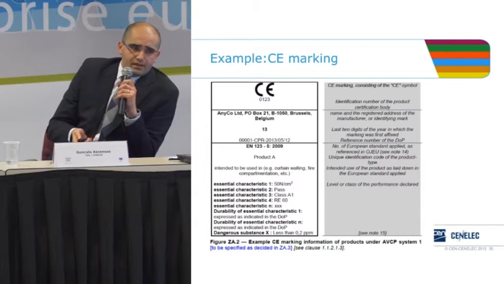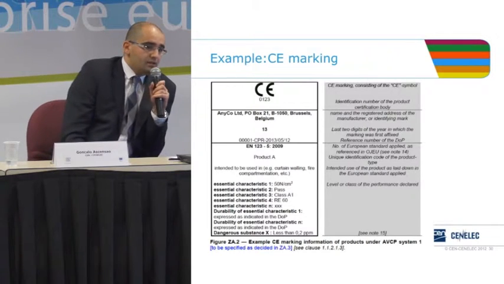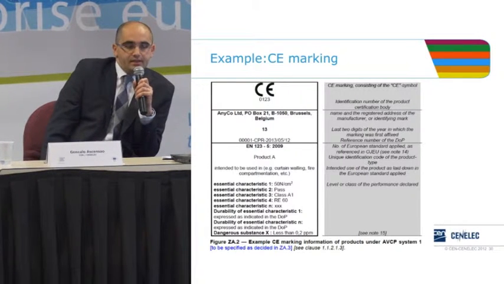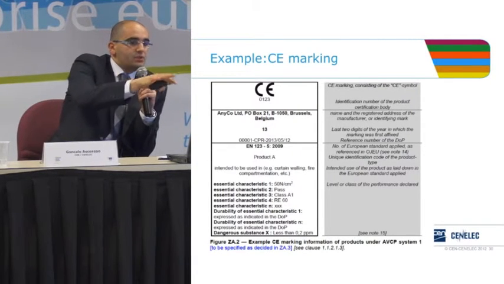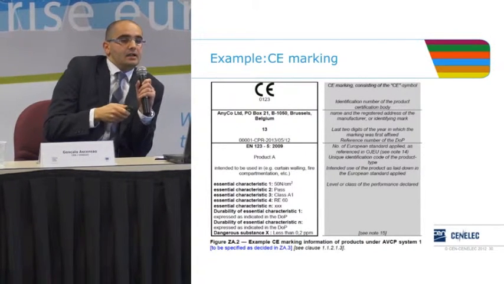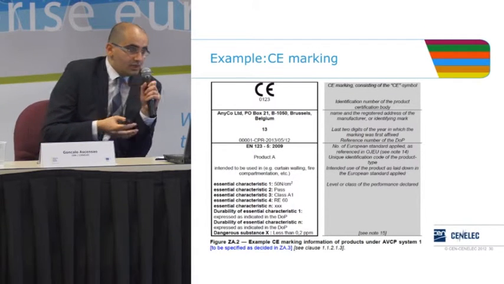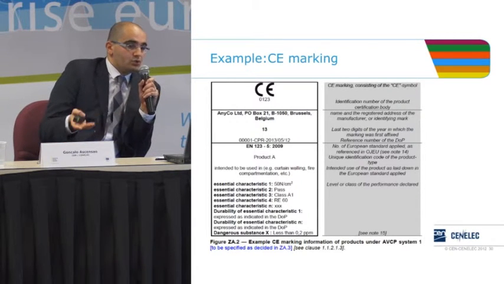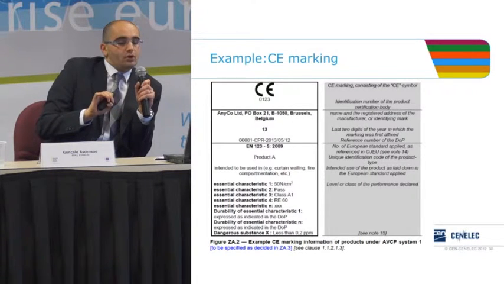Now, CE marking. The Annex ZA also includes an example of the CE marking. This extract is from our template for the Annex ZA. There is a link to it, explaining which is the information that goes where. And I didn't include an example of the declaration of performance because the regulation is clear on what the declaration of performance should contain. There are now these changes on what information can be or not. And also,